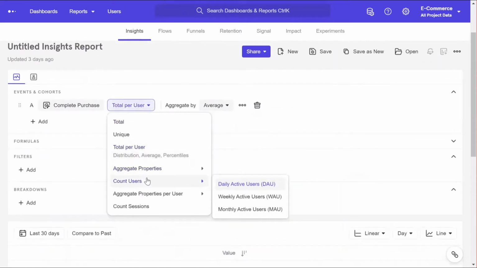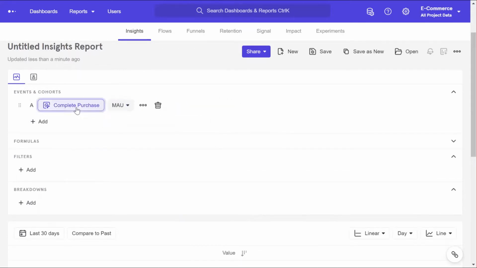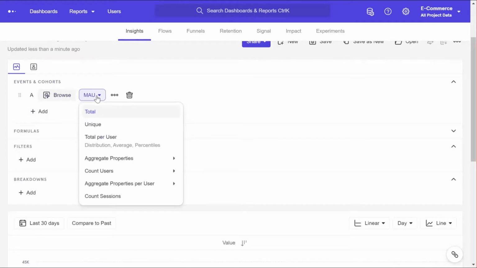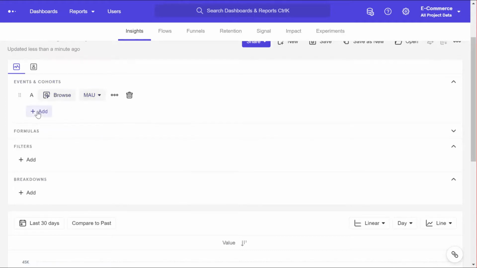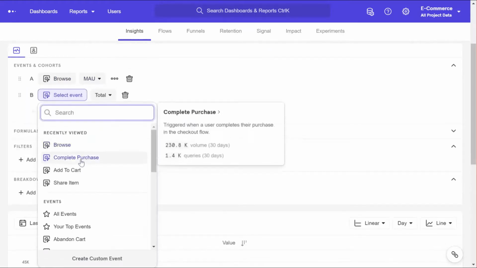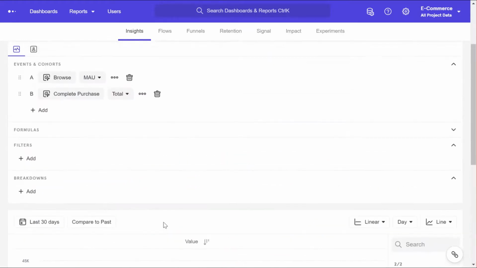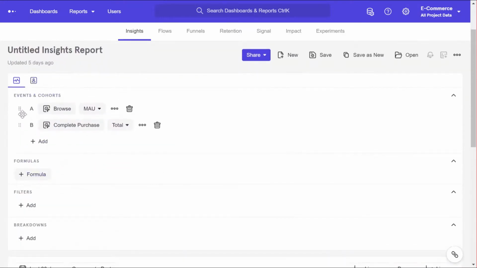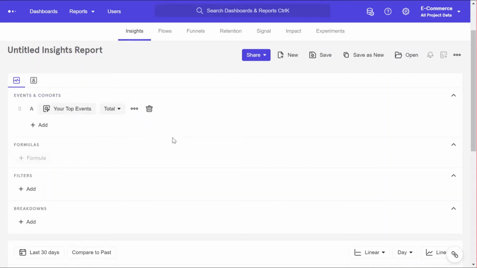We could also count daily active, weekly active, or monthly active number of users based on any event that we thought was important to track as user activity, or which can indicate that the user was active on the system, right? And then we could plot multiple events here if we wanted to compare between them. And finally, with the formulas, we could plot a relationship between these different events, right? So with that recap, we will move on to new things in this episode.